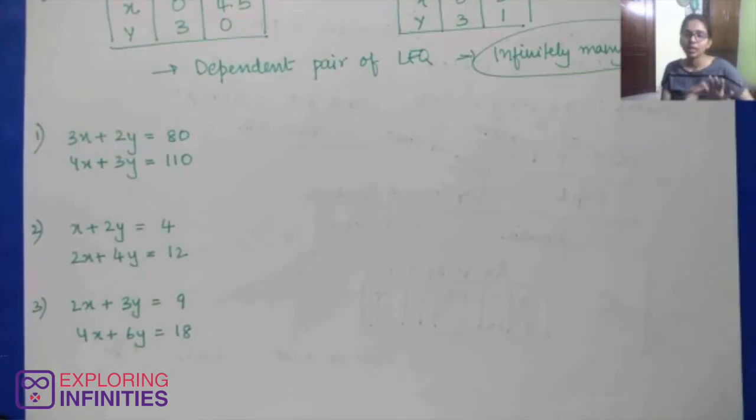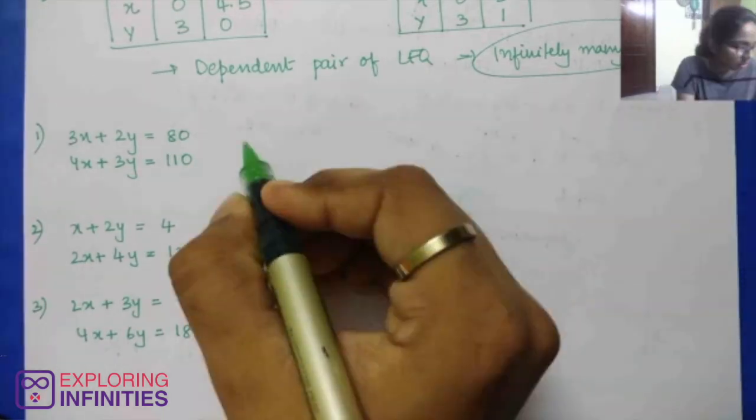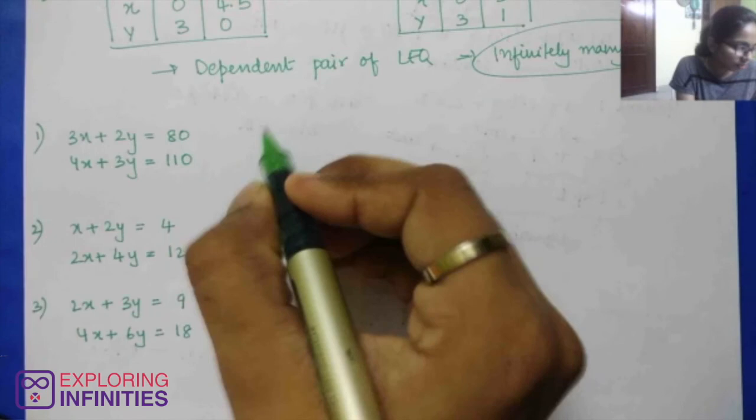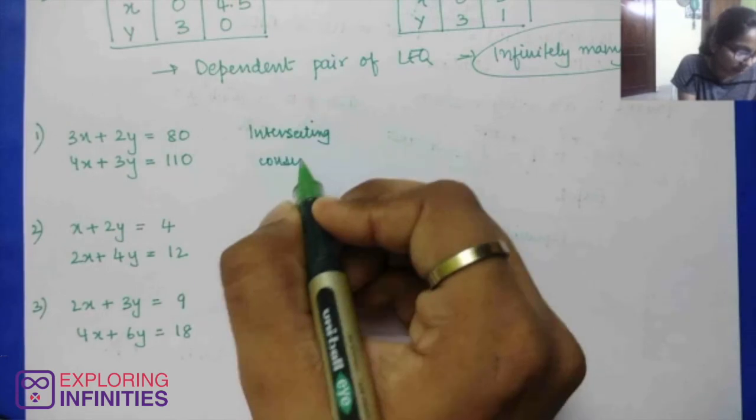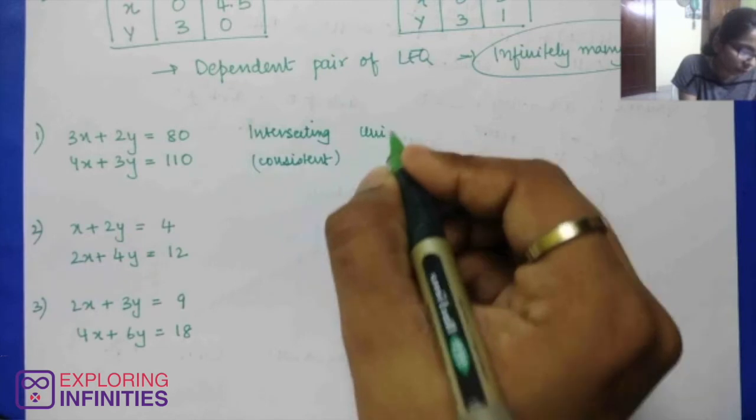So these are the three pairs of linear equations that we analyzed today, and we realized that the first one was intersecting. So it had a common point of intersection, therefore it has a unique solution and was consistent. Let's keep on writing what we have with us. So we have these as intersecting pair of lines, and we called them a consistent pair. So we have a unique solution for this pair.